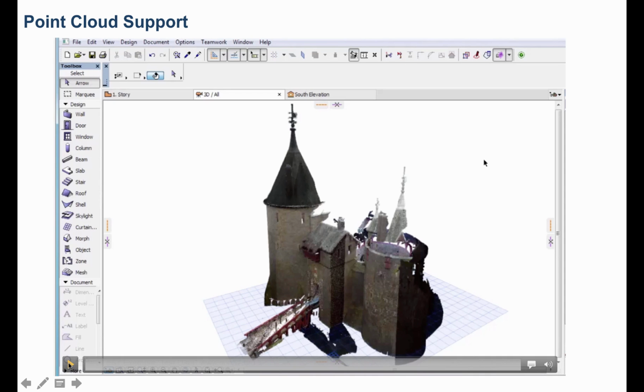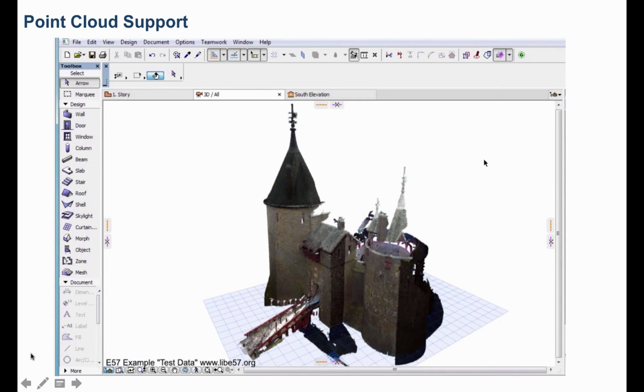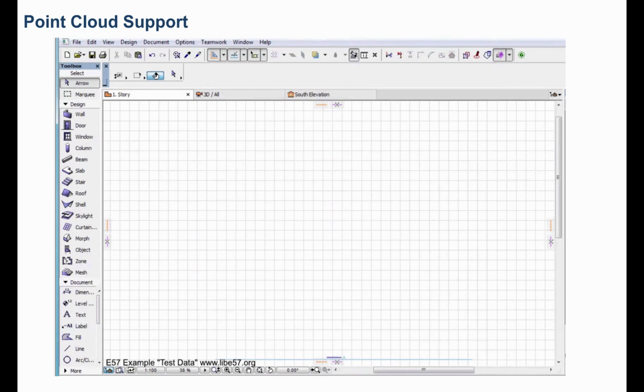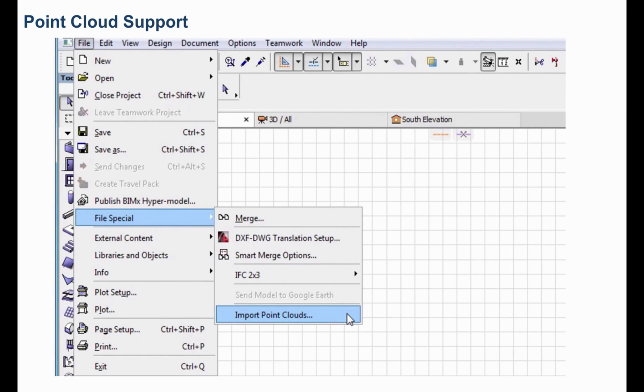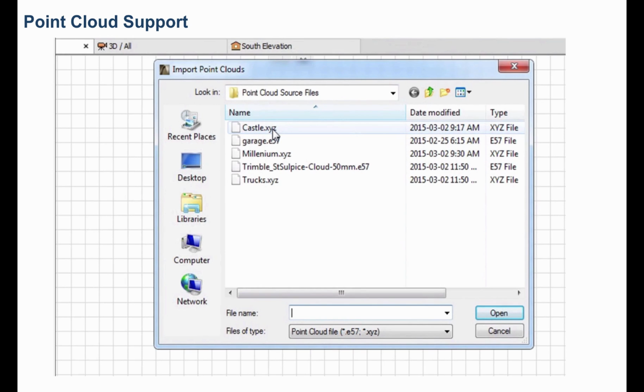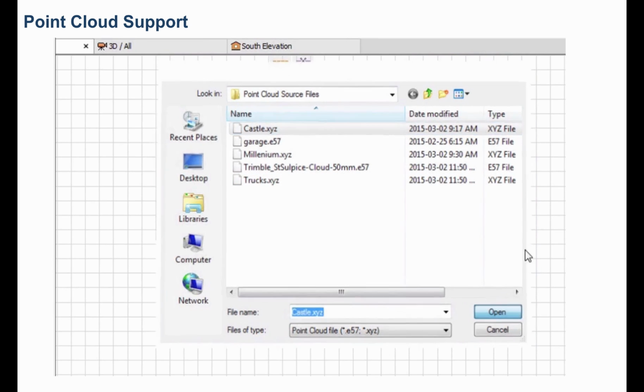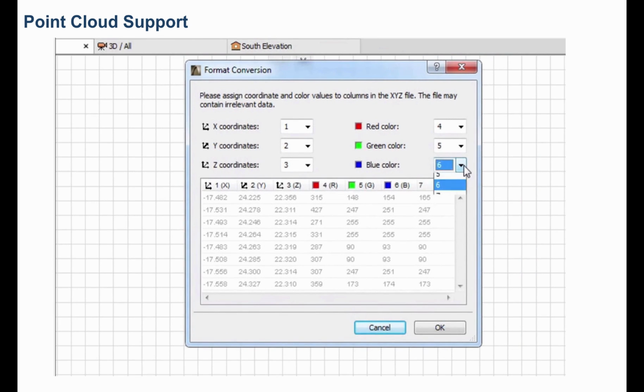I'll walk you through the import process now. ARCHICAD 19 introduced point cloud support and offers the ability to import and display point clouds in your project. By using the import point clouds command under File, you can import point clouds received from consultants in the E57 or XYZ file formats. Various settings may be specified during the import process, such as mapping for the XYZ and RGB values,